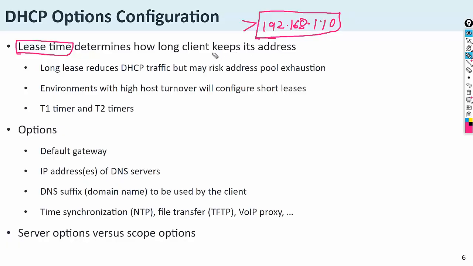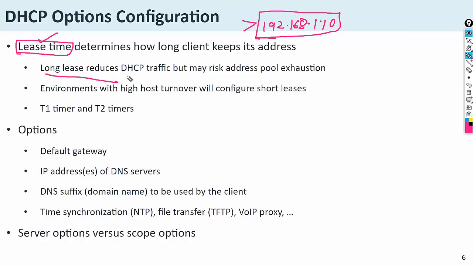After the lease time is finished, it will again release the new IP address or the same IP address to the client. It depends on the DHCP server and the availability.